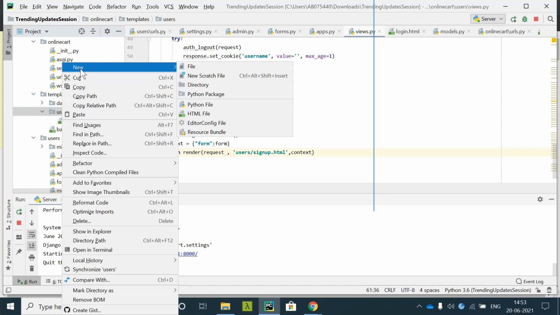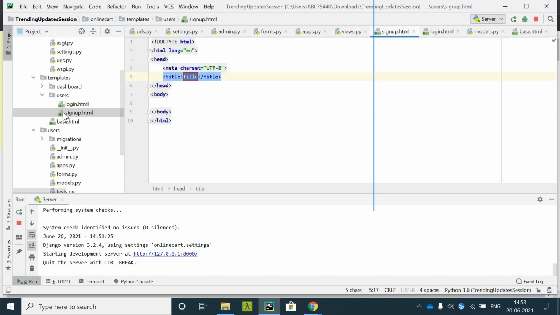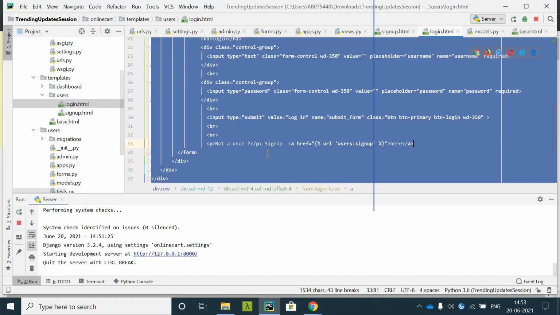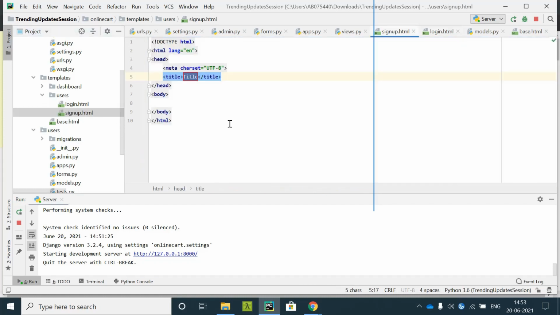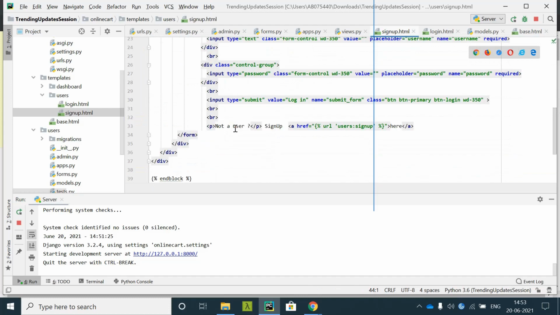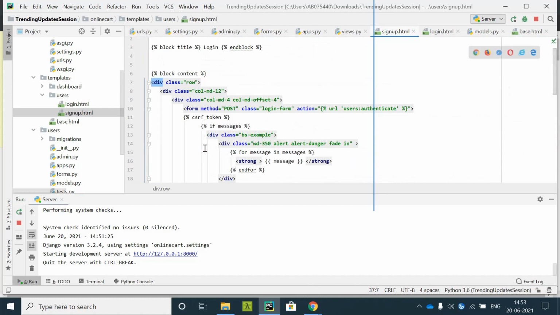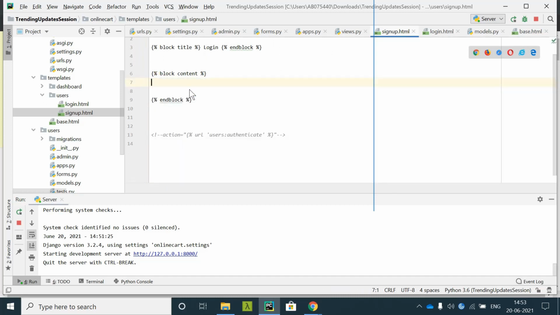So I'll go ahead and create an HTML file, signup.html. I'll copy the code from login, paste it in sign up, and remove the main contents of it.